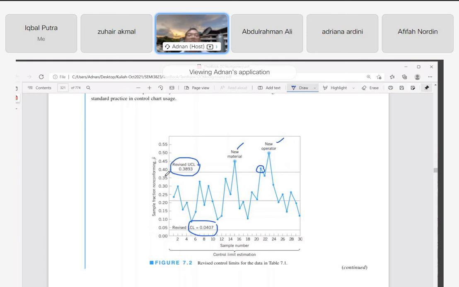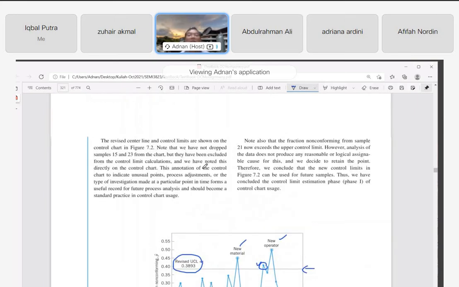So we try to plot to see what happened. This is the new revised one. When we put it, actually there is another point, but we don't do anything for that. We take the data from the new process and plot it again on the revised control chart. This is just to show that this point also was affected, but we didn't remove it because originally the upper control limit was